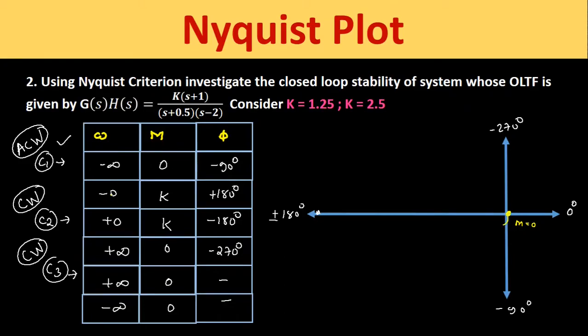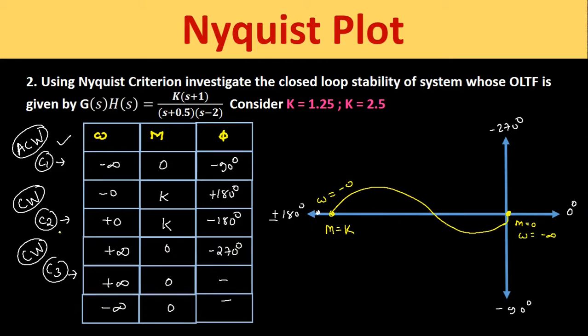At omega is equal to minus 0, magnitude is equal to k and the phase angle is plus 180 degree. So since this line is our plus minus 180 degree, whenever we move in the downward direction, then we will get minus 180 degree. Whenever we move in the upward direction like this, we will get plus 180 degree. So to catch up with this plus 180 degree, we have to move in the upward direction like this and end up at magnitude is equal to k. So let this point be magnitude is equal to k, and at this point omega is equal to minus 0, and here the omega is equal to minus infinity.